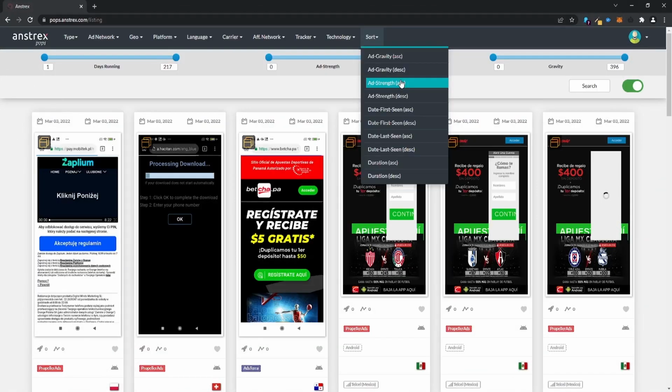So for example, for holidays and other important events. You also have other options for dates, such as date first seen, ascending and descending, date last seen, and also duration. As for date first seen, it is pretty obvious. It is the first time an ad was seen or registered on the Anstrex database. Then date last seen, recently added to the database, and duration, which you can use to sort ads by how